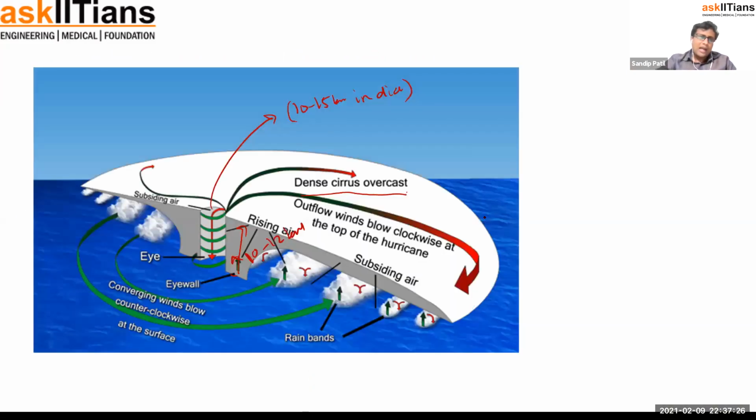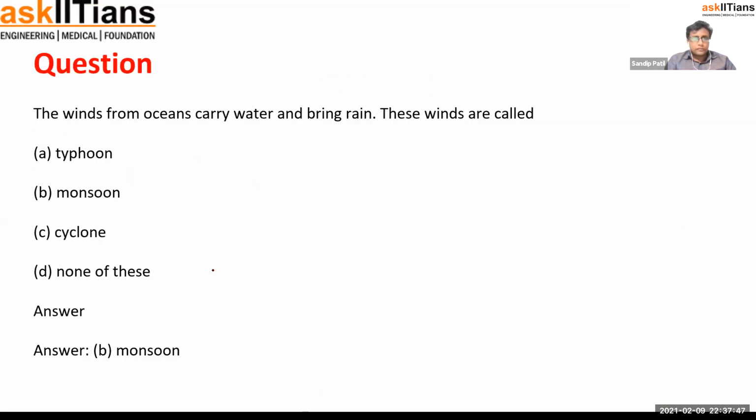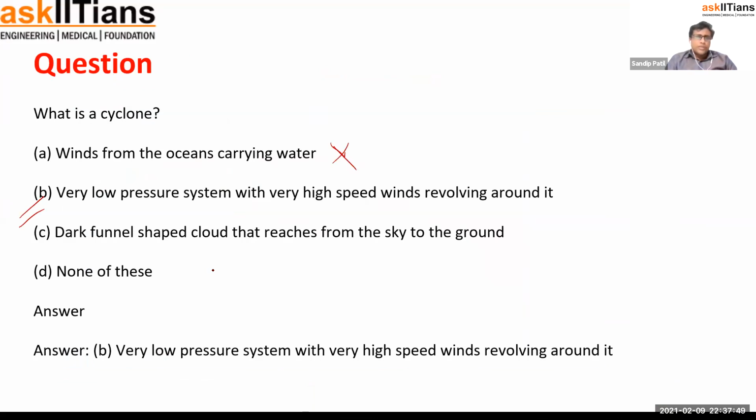Yeah, this eye has a low pressure actually, right? And high speed winds are moving around it, right? So high speed means obviously velocity is high, so pressure will be lower there. At the eye part, we can say lower pressure system will be there. Therefore, we are getting that circular waves, right? Okay. Then, so yes, we can say very low pressure system with very high speed winds revolving around it, because the eye is a very calm part, very low pressure is there, right? Like that. And now see, obviously this is correct.